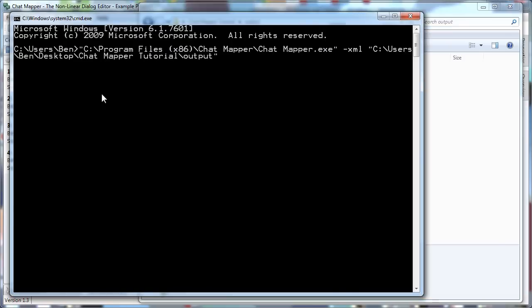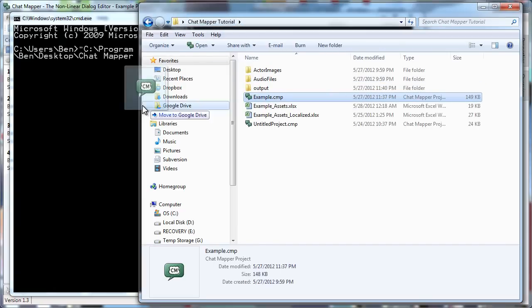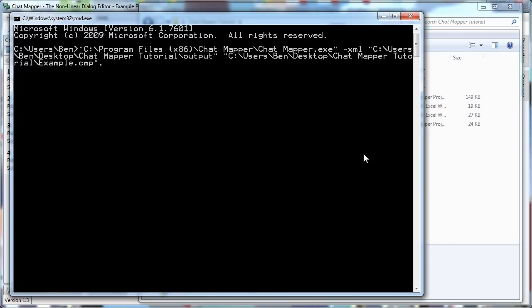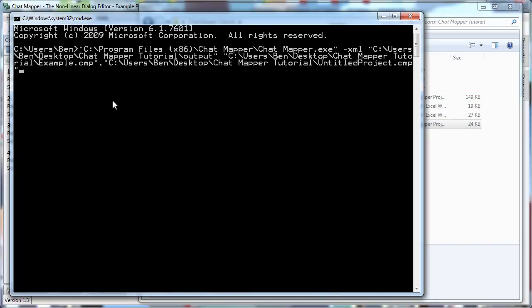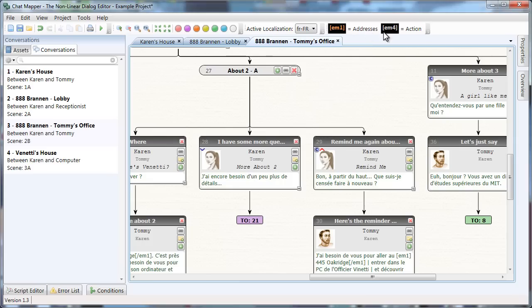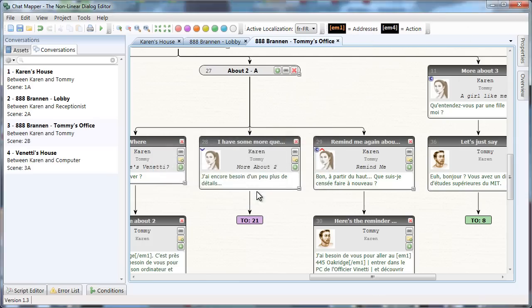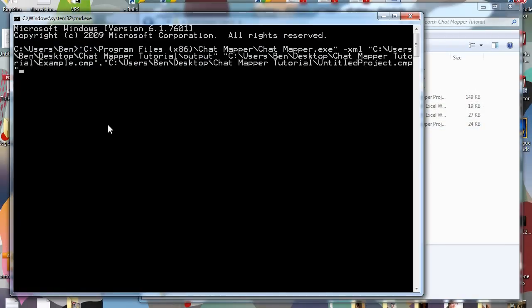I'll drag this here. Then I specify the files. So let's say I want to export this example. And let's also export this project called Untitled Project. So I just separate the input files with commas, and I can put another one there. I'm going to close ChatMapper just to avoid any file permission conflicts. Great. I'll just hit enter,